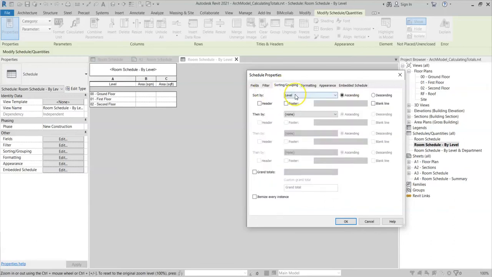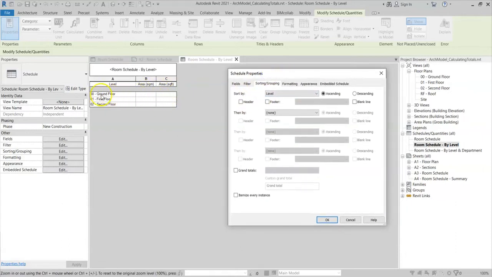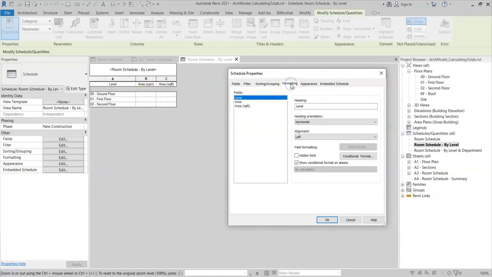The sorting is simply by level, and I've unticked itemize every instance, hence why you can only see one row, and the area and square feet are blank, because there are multiple values in there, so Revit just displays blank. However, in order to have the combined area for the entire ground floor, what I can do is go to Formatting, click on the Area field,